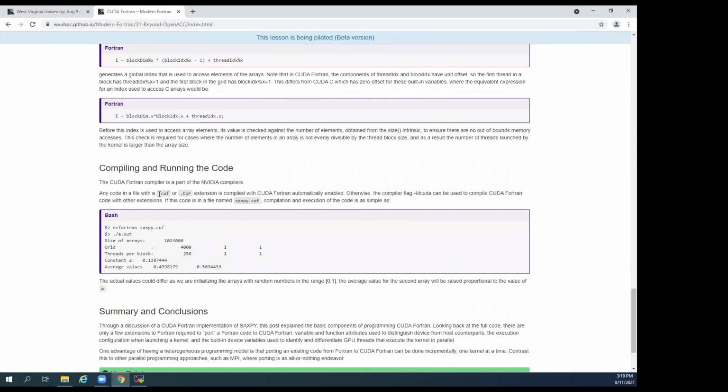You have the extension, no matter if you put it lowercase or uppercase, it will identify that. And you can compile only with the NVIDIA compiler. So this is specific for NVIDIA. You compile it this way, you get the executable, you execute this, and you will get something really, really similar